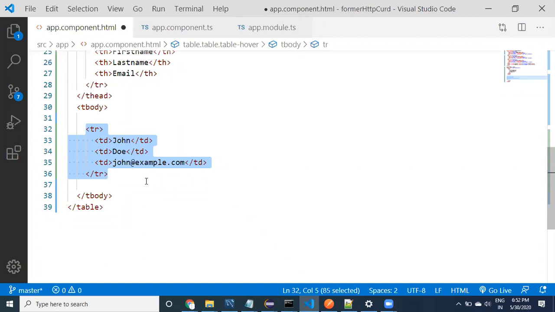Could you please ping me, guys, what I have to use here to repeat these TRs? Can you please tell me, guys? *ngFor, yes, star ngFor. Okay, perfect, guys. That's it. That is what we need to use. All right, let us go to here, and then what I can do,